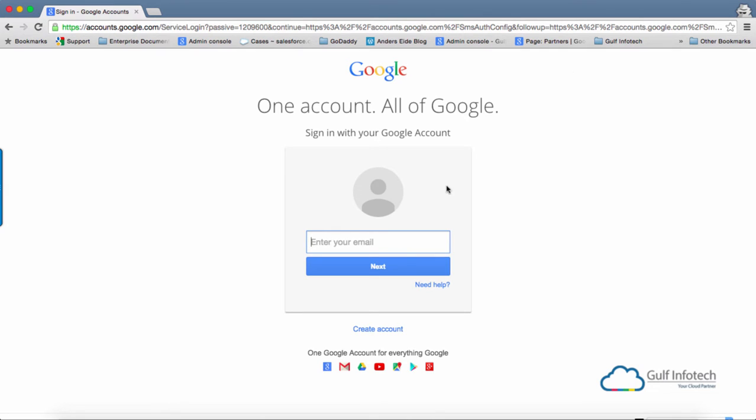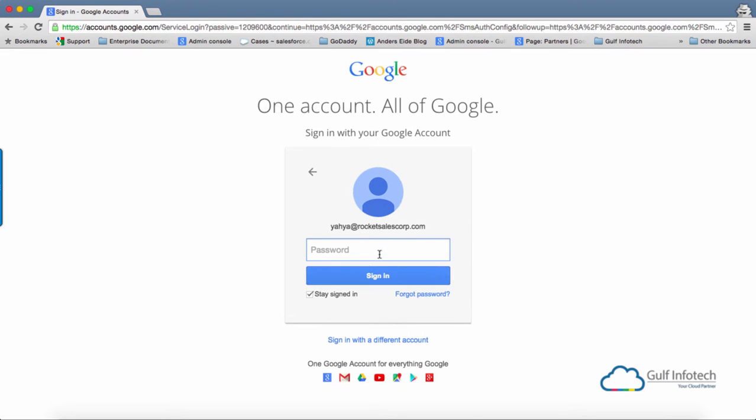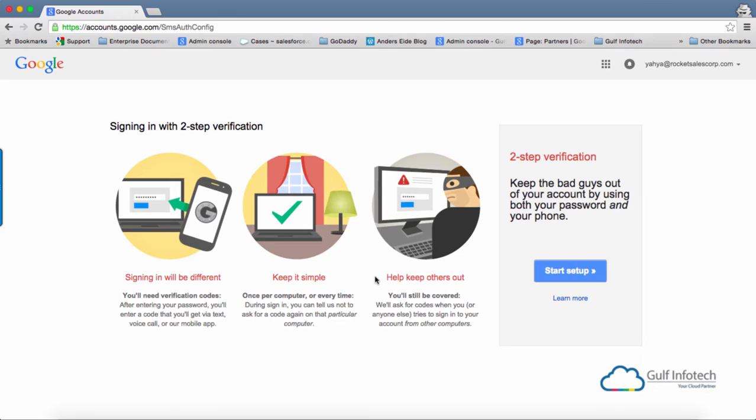Now in the get started page, initially you would be requested to enter your email address. Let me type in my email address, and then I'll say next. Now I need to enter my password, and I say sign in. Now once I sign in, it will take me into the two-step verification procedure. I say start setup,